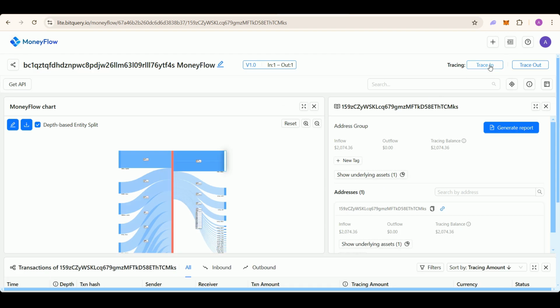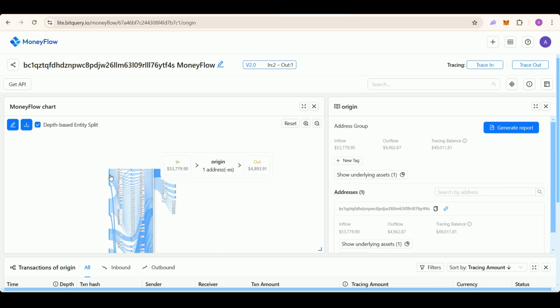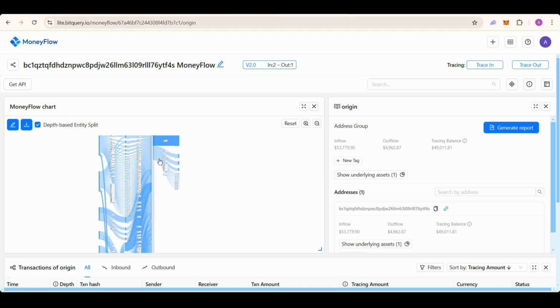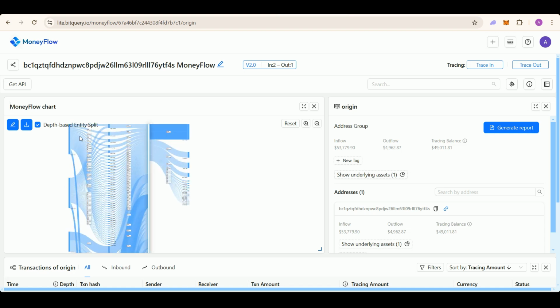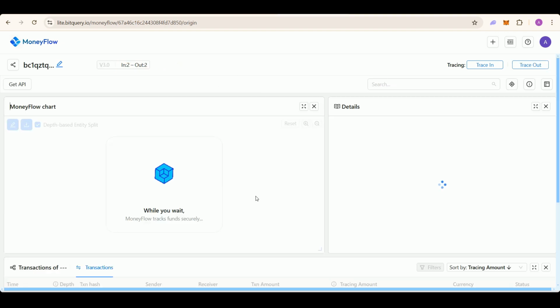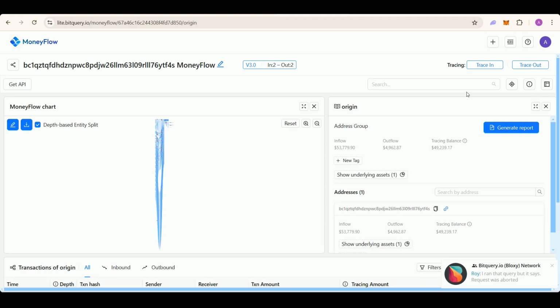Now click on trace in and see where the funds came from. Now this side of the hops will contain one more level because we have clicked on trace in, which will increase the number of levels in the incoming transactions. Just like that, you can also click on trace out and you will see one more level on the outbound side to get a much better feel of the flow of funds. Every click on the trace in or trace out button adds one more level, or hop, to the graph. The system can generate the graph up to 10 hops.